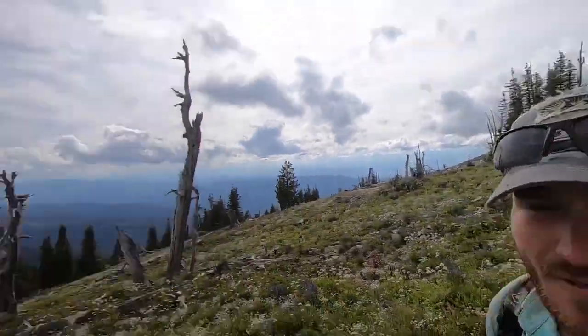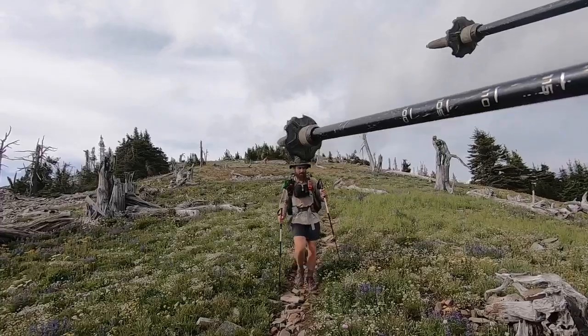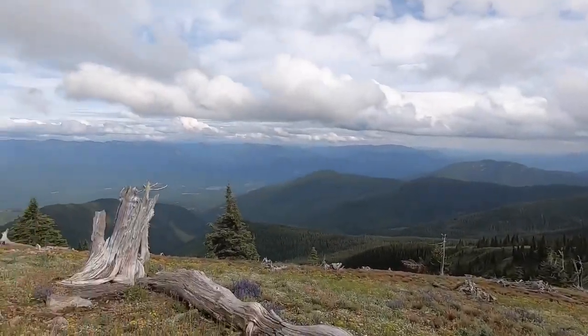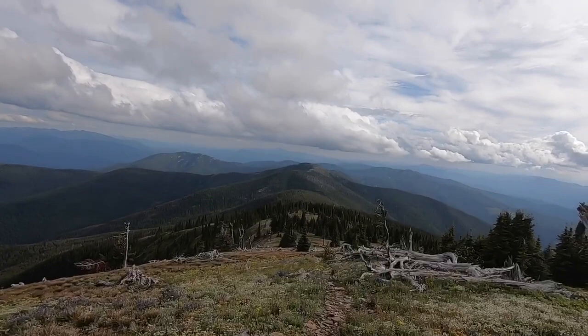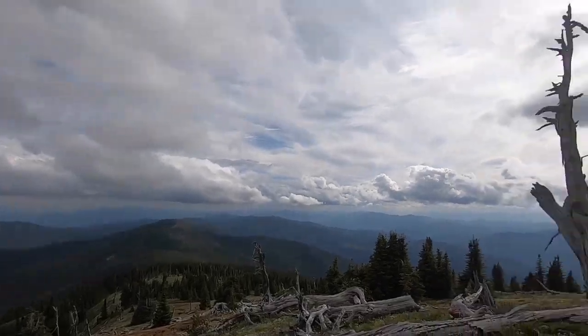Alright, so the top of our climb is behind me. If you see a pink dot right there, right above Hardy Trail's head, that was the top of the climb. Size up there right now because we were looking for a spring. In the comments it said there was a spring before the turnoff, and we looked and we couldn't find a